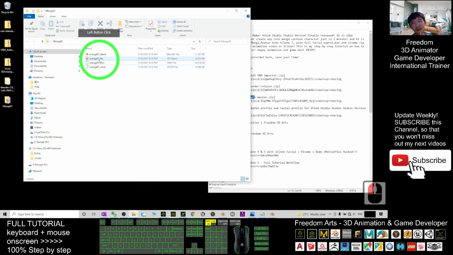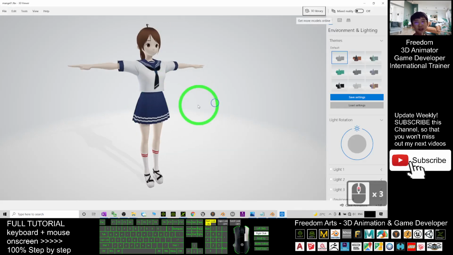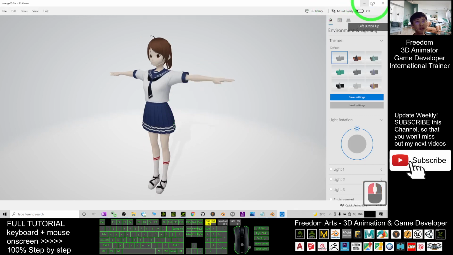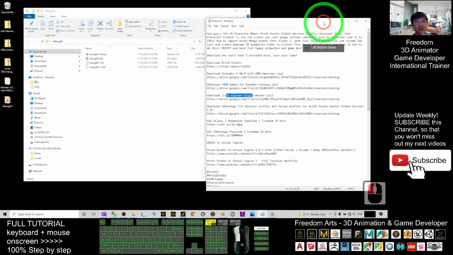Alright, now you have a check. The Manga01 FBX is already exported here, and this FBX file you can use for any purposes, for any of your 3D modeling, 3D animation software. It is already here. And in order to import into the iClone 7 3D animation software,